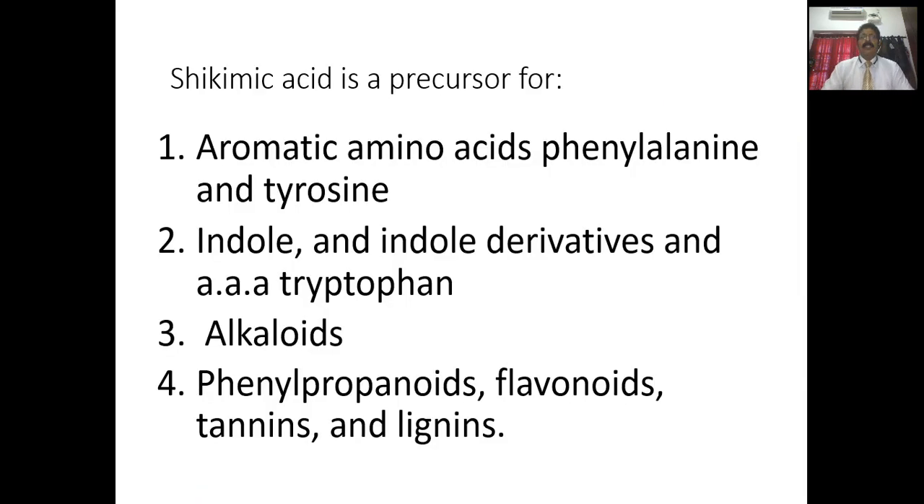And next you can see Shikimic acid is a precursor for the aromatic amino acids phenylalanine and tyrosine. So when you know about phenylalanine and tyrosine, the structure should come into your mind immediately. Do you remember phenyl? Phenyl means it is a benzene group. Am I right? And phenol means it is having